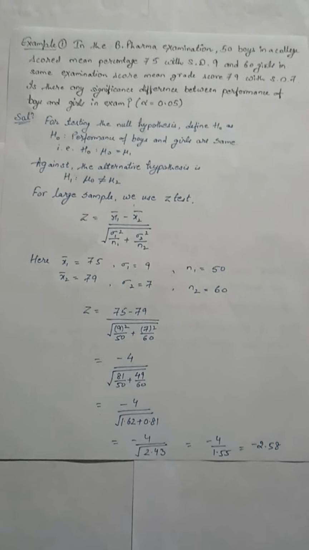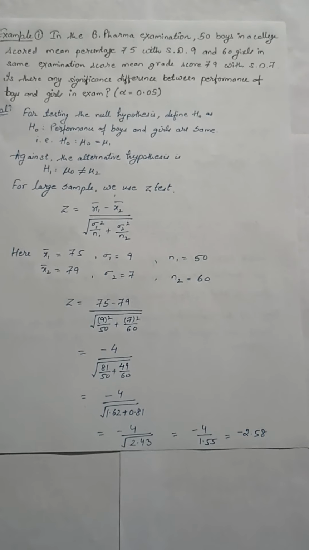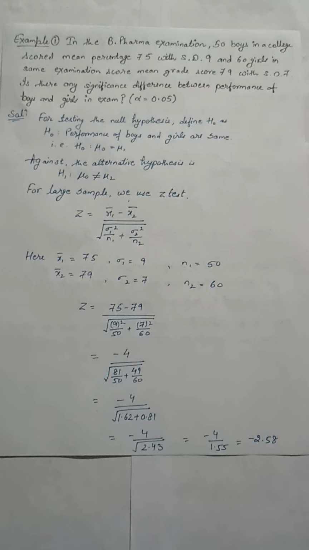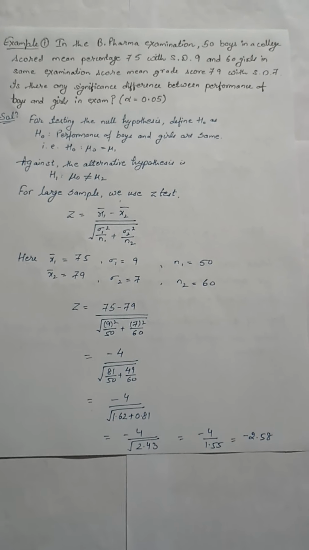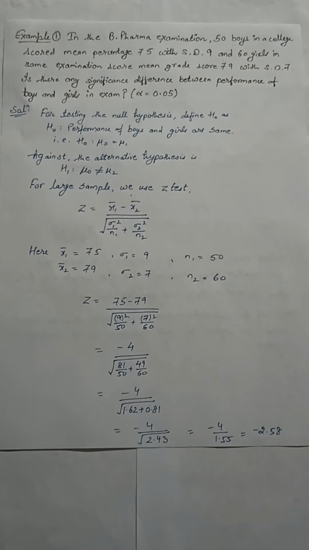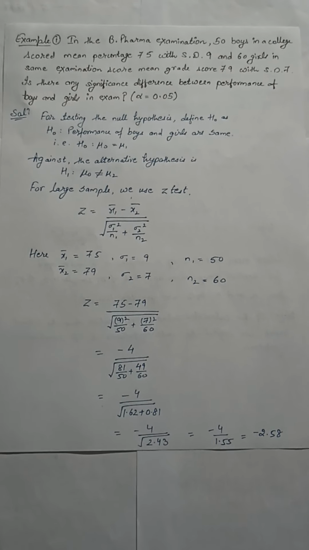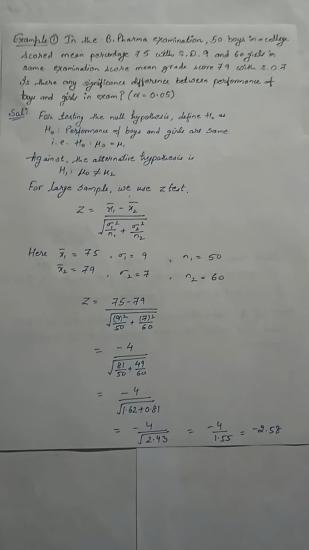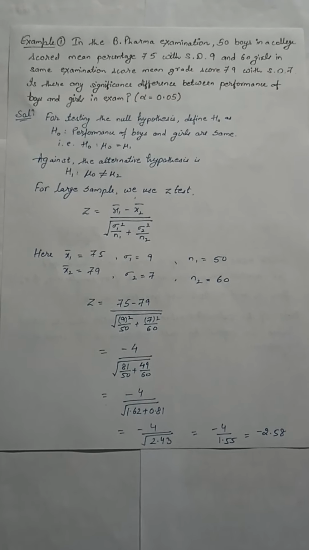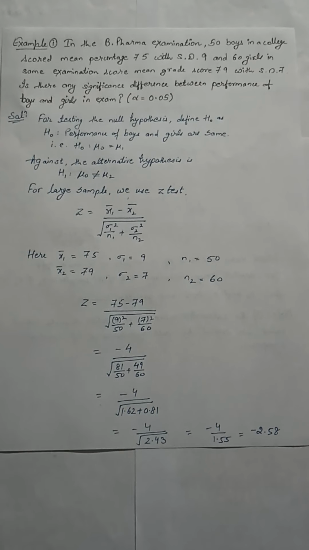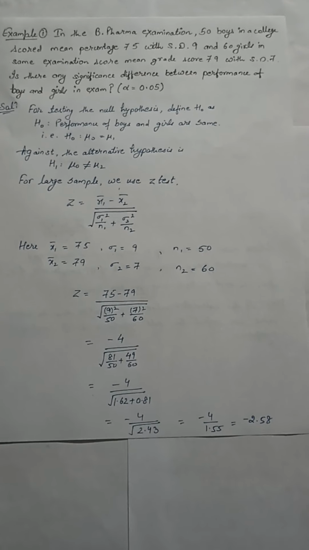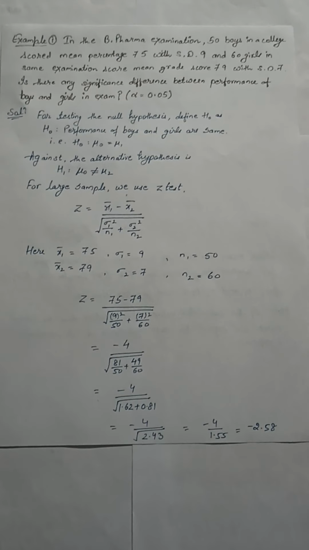Now let's do one practical problem for this. Question is, in the B Pharmacy examination, 50 boys in a college scored mean percentage 75 with standard deviation of 9, and 60 girls in same examination scored mean score 79 with standard deviation 7. Is there any significant difference between the performance of boys and girls in the exam? Considering alpha is equals to 0.05, which means we have to consider the 5% level of